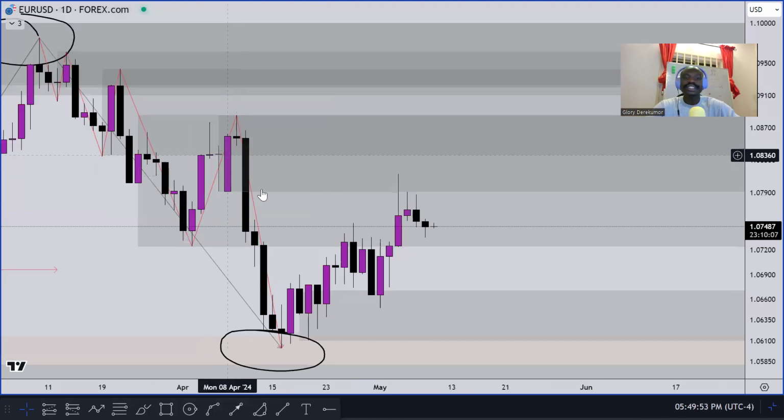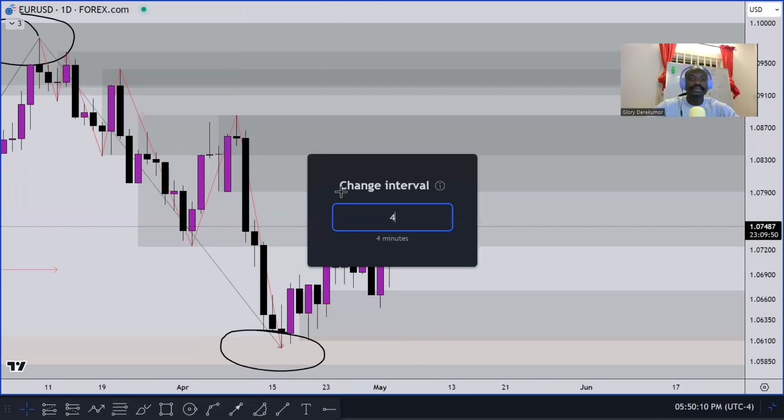Okay, so we were definitely expecting the market to pull back up to some areas such as this, so we can start to sell the market upon seeing confirmations from areas such as this. Okay, and what type of confirmations do we want to see? The two reversal patterns that I just shared with you guys. Okay, so now going to the 4 hours time frame, just to